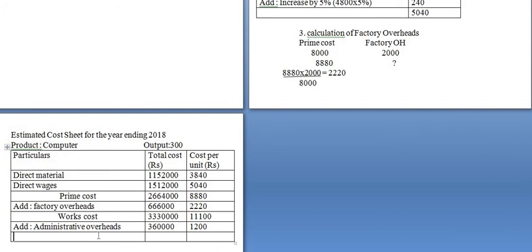Okay. So this total will be called cost of production. Okay, now make a total of this. So that will be 36 lakhs 90,000. Okay, so this is 12,300. Make a total. It is 12,300.